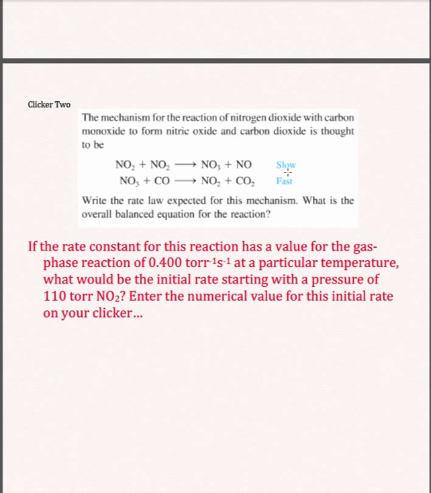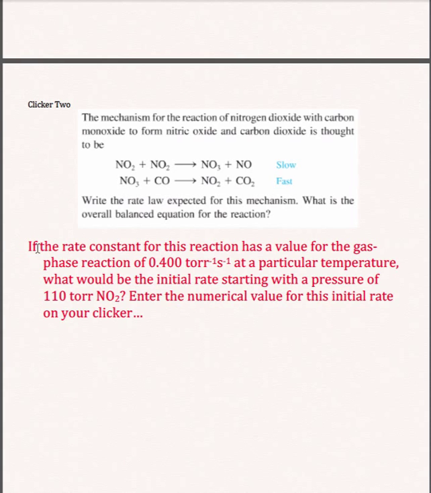Oh yeah, it determines the overall rate. So if I have 2 molecules of NO2 in the slow step, I'm going to predict that the overall rate of this overall reaction will be second order in NO2, because I have 2 of those particles colliding. And that's the slow step of an elementary step